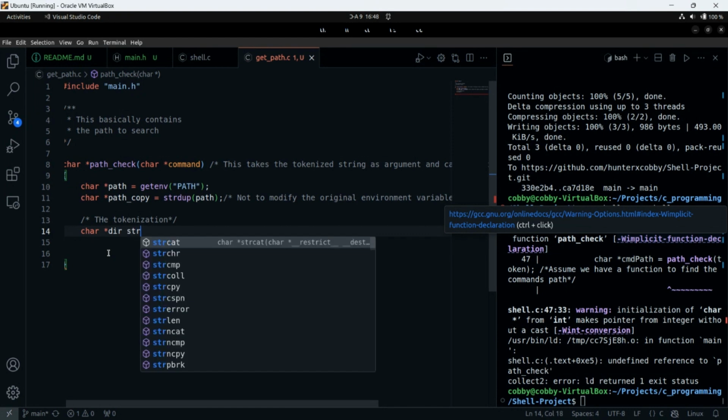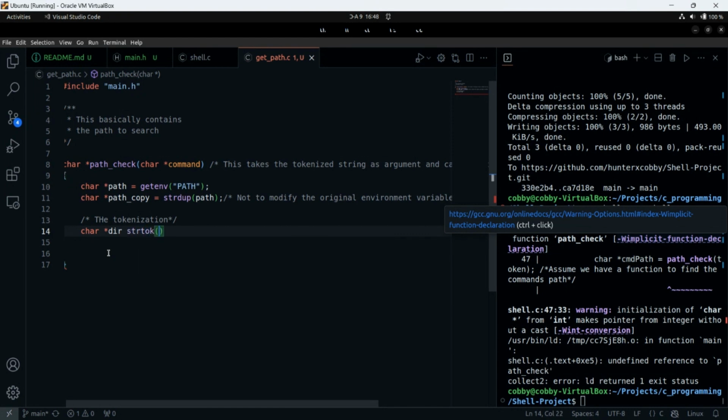So let's use strtok on our path. We have a copy of it, so we are tokenizing path copy, right?